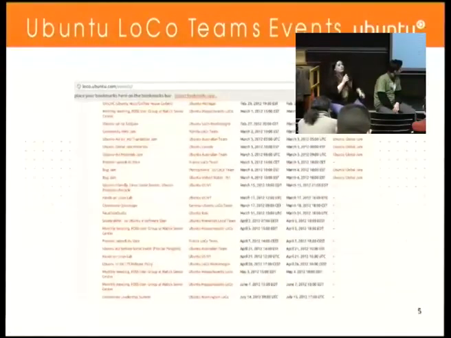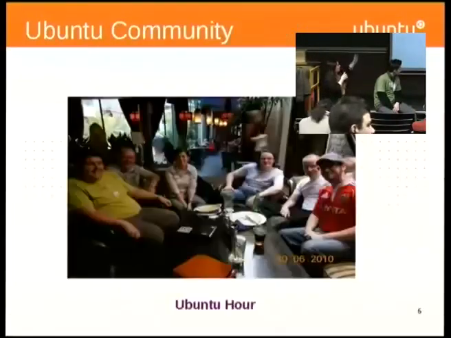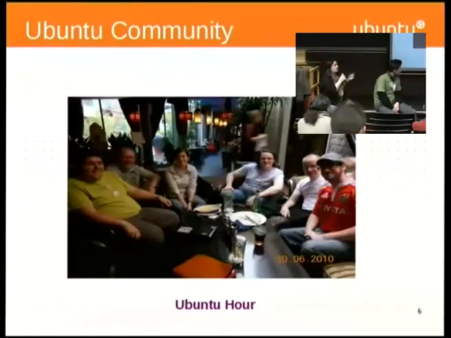As I said, there's over 152 teams worldwide. This was developed by Ubuntu loco team members. And this was a feature that was added for us because people want to put all their resources on one page. So if I was traveling to France or Italy, I could look on the loco team page and see what kind of events they're holding. We put local team events on there, we put international events. We have an international event called an Ubuntu Hour, and many teams meet up once a month for an hour in a coffee shop just chatting about Ubuntu. It's quite nice and very friendly and very laid back. It's different from actually having a conference.